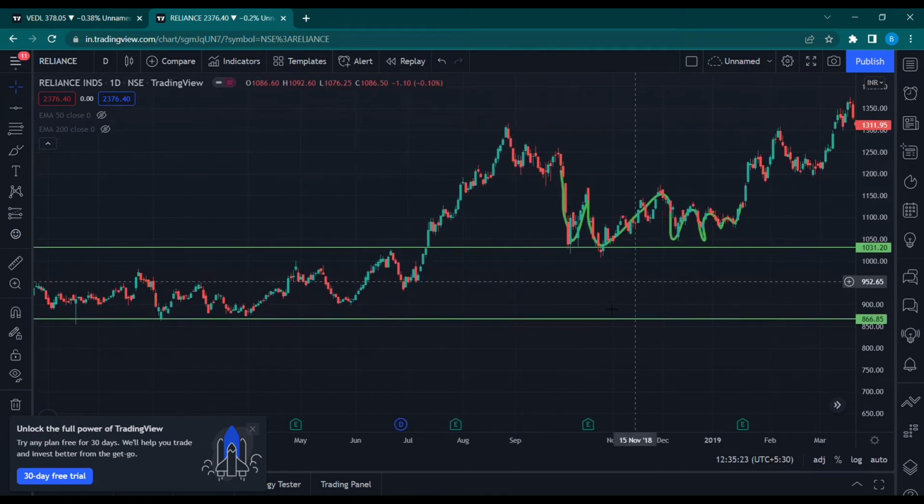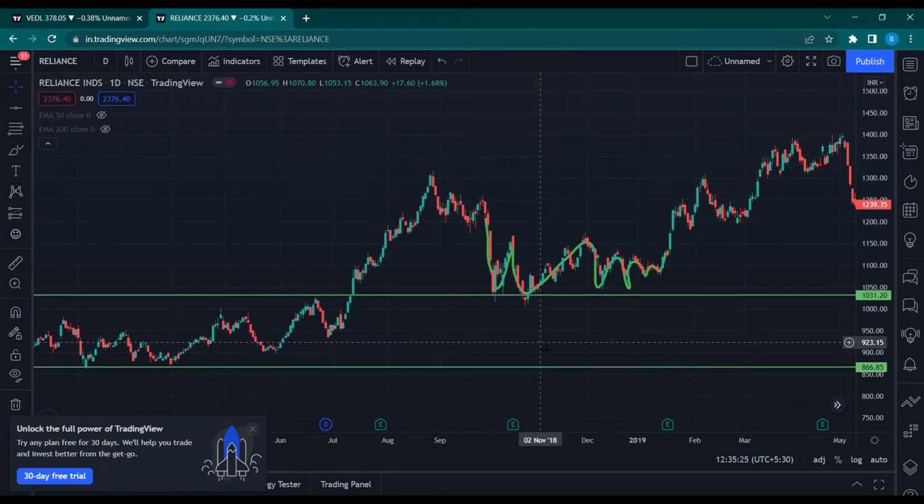Whenever you see these types of levels, these are called supports and resistances. As I said again, resistances are levels which are rejected by the prices. The prices can't cross those levels. Supports are those levels from where the prices bounce. It cannot go below that. So the prices don't have a tendency to go below it or above it, when I'm talking about supports and resistances.